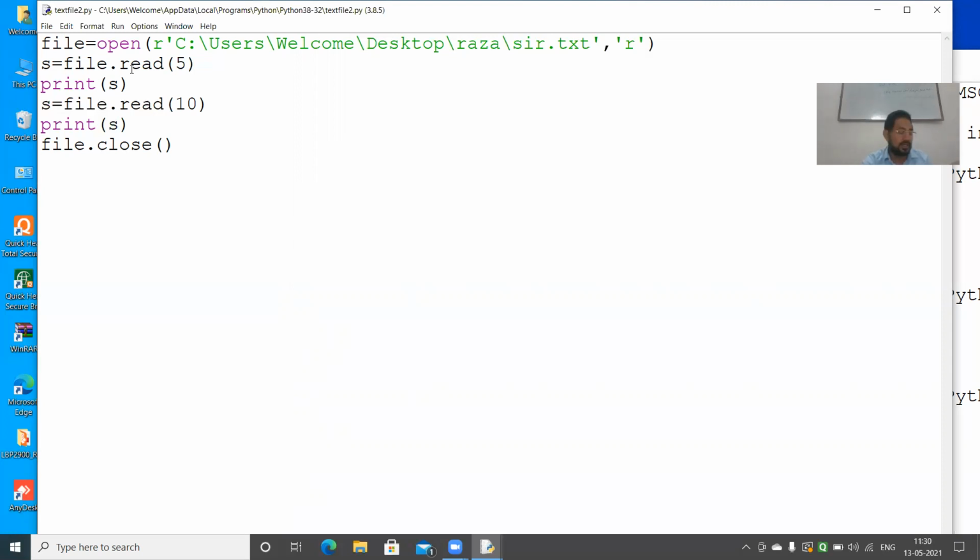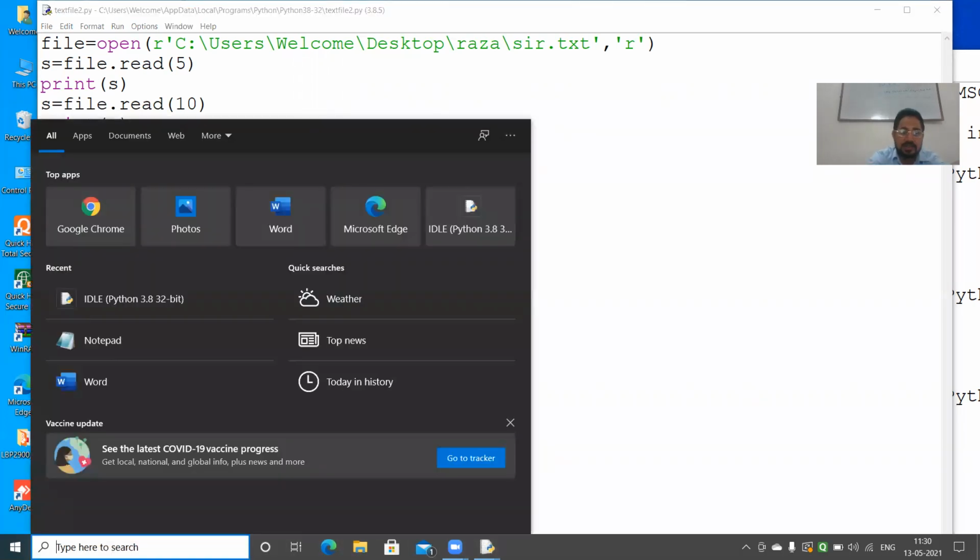Okay. Next is your readlines. Readlines reads all lines and returns them in a list. A number of lines is read and that is given in the form of a list. So I will again take a text here like I was taking last time.